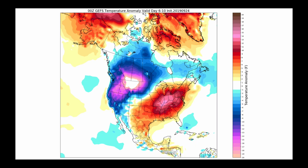Well, I know probably the number one thing on a lot of your minds here in the western part of the United States has been the forecast graphics you've seen released recently showing this major temperature anomaly difference between the Northwest and the West Coast and the eastern half of the country. And we're certainly going to be talking about the pattern that gets into this. It's certainly something we've been discussing now for a while, but give me a moment before we get into that